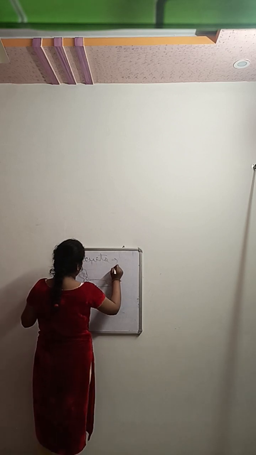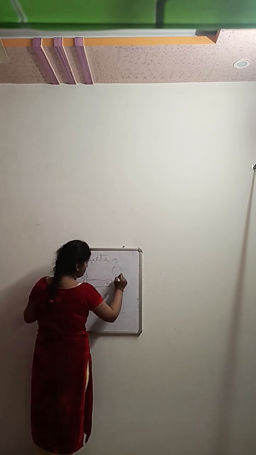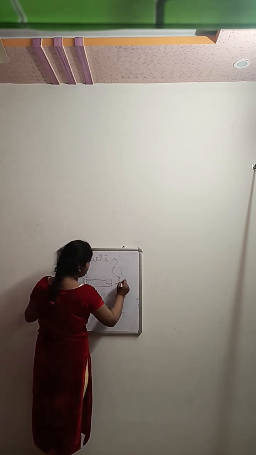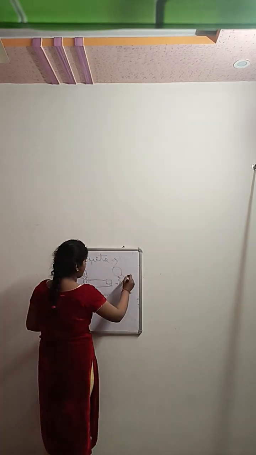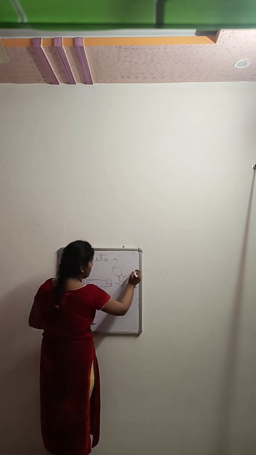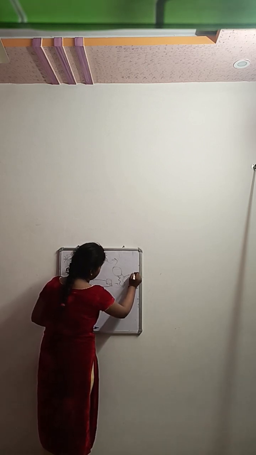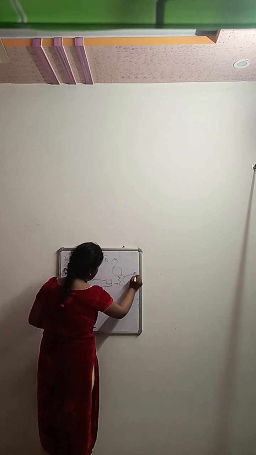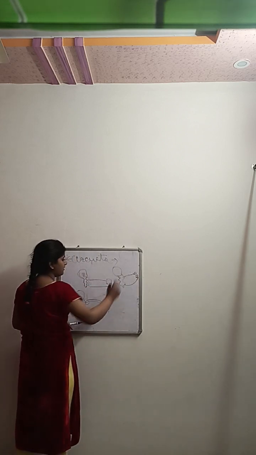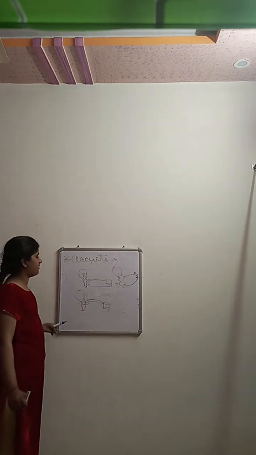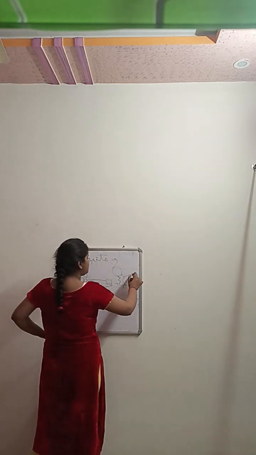Then it will glow. Now I have kept a switch here, the switch is like a metal key, and then the cell, and then another wire. Yes, it will glow because the switch